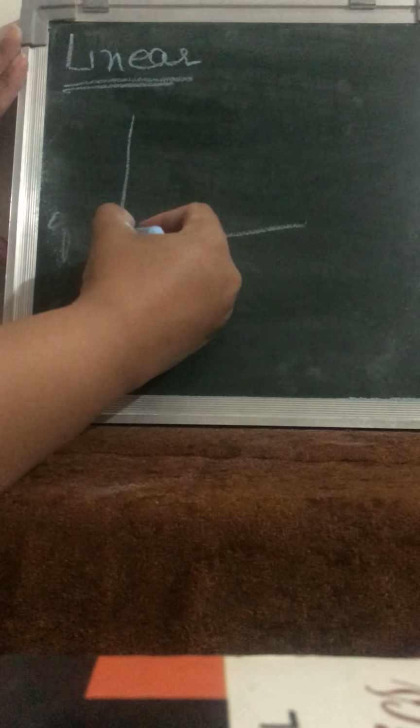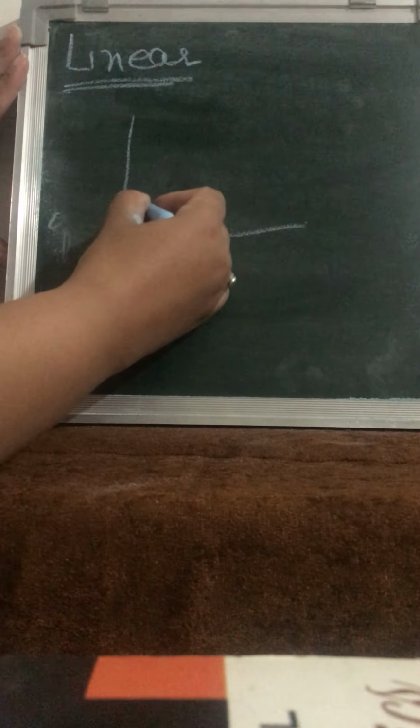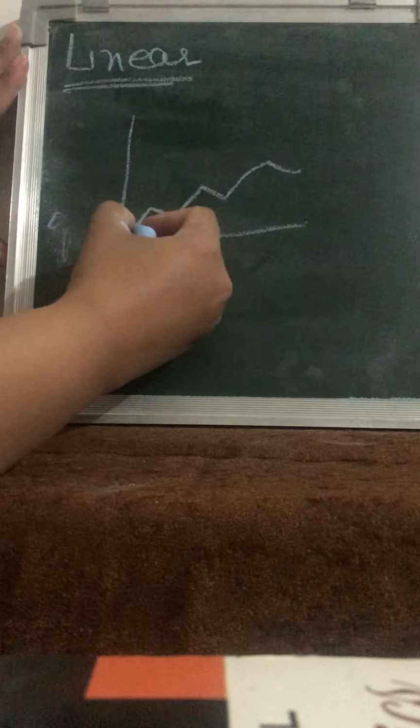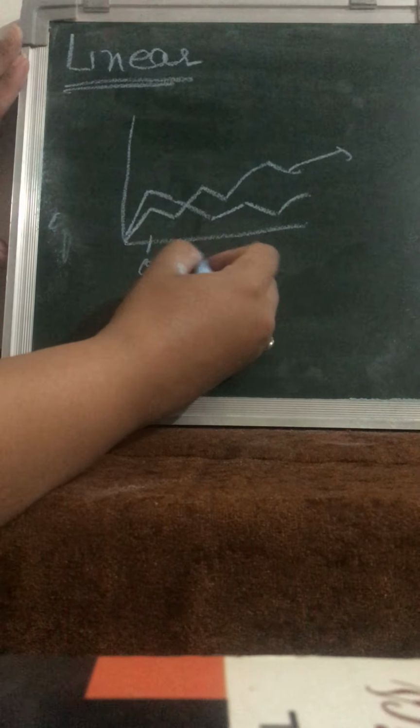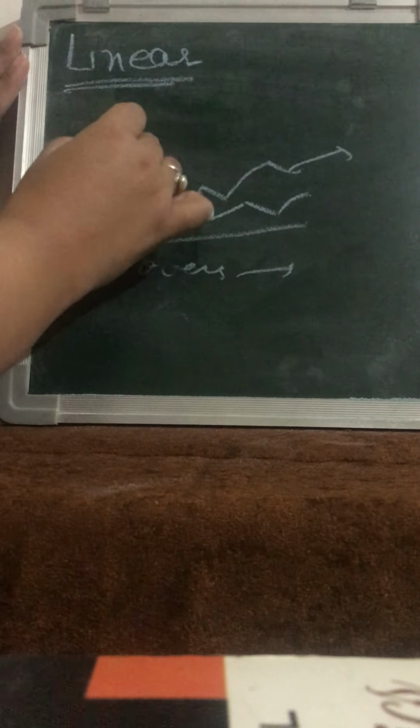Linear, children, as is very clear from the name, the first 4 letters say line. Whenever we see a cricket match and a comparison of two teams, something like this is there. For India, say, ding ding ding, and for Australia, this. Here they have overs and here they have runs.